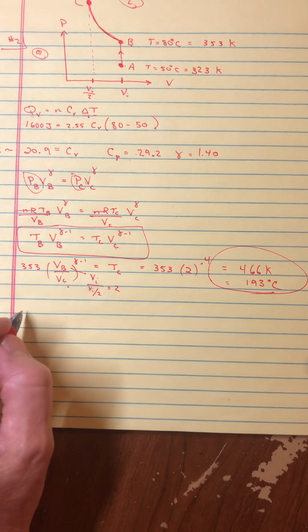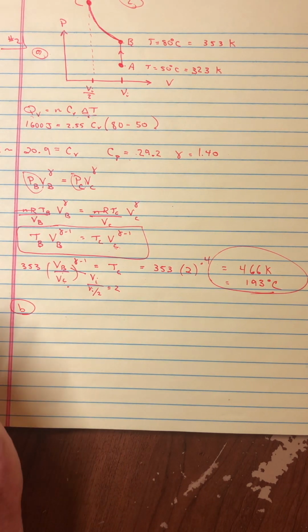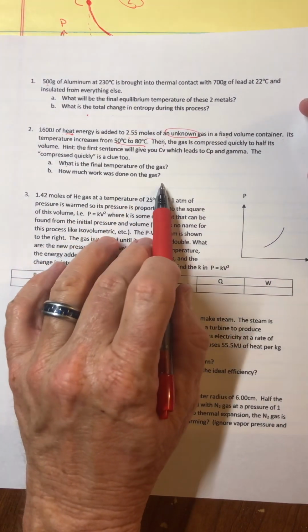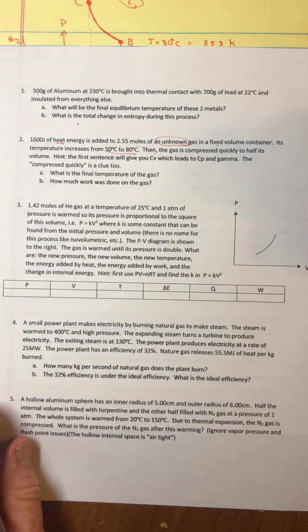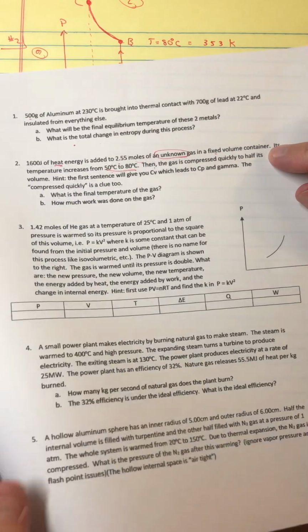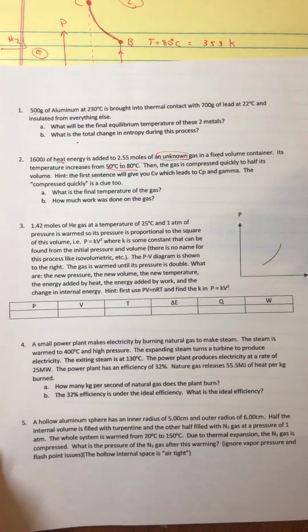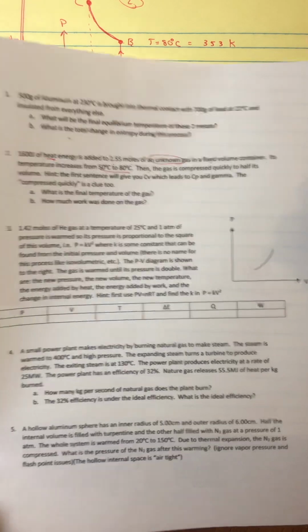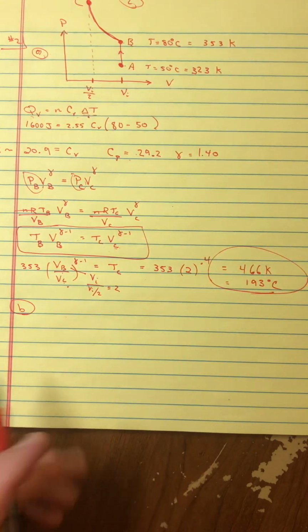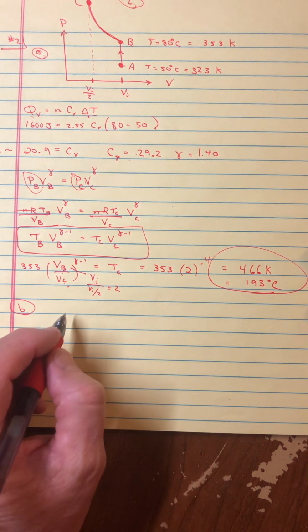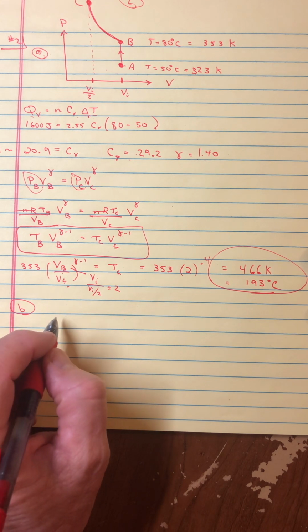All right, so there's A, and then B says how much work is done on the gas. Now, fortunately, or maybe even unfortunately, probably even more, I can think of 3 different ways of getting there right away. I think studying the PV diagram is nice,